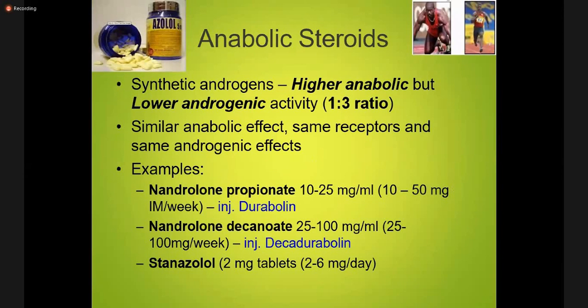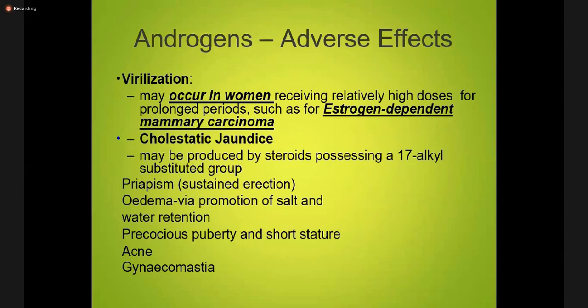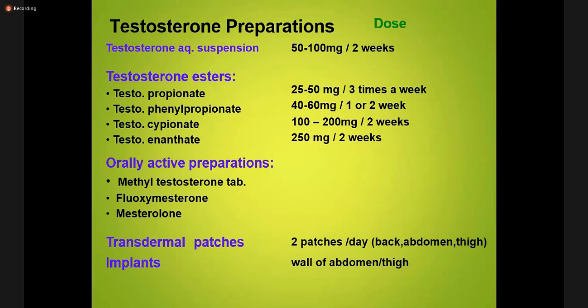Then you have the anabolic steroids like nandrolone and stanozolol. They are anabolic steroids and can be used. They have some right uses, some other illegal uses. And then the pure testosterone form is aqueous suspension esters. I'm just reminding you the names of the drugs because they are the main part. Always when we start any viva or any question, talk about the names of the drugs, which you mostly forget. So you have to memorize the different preparations.